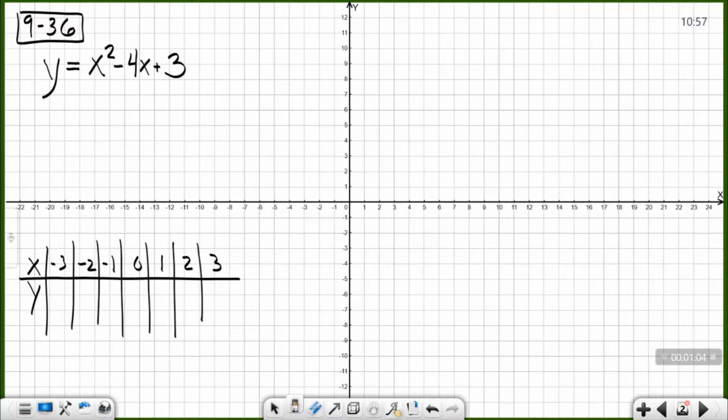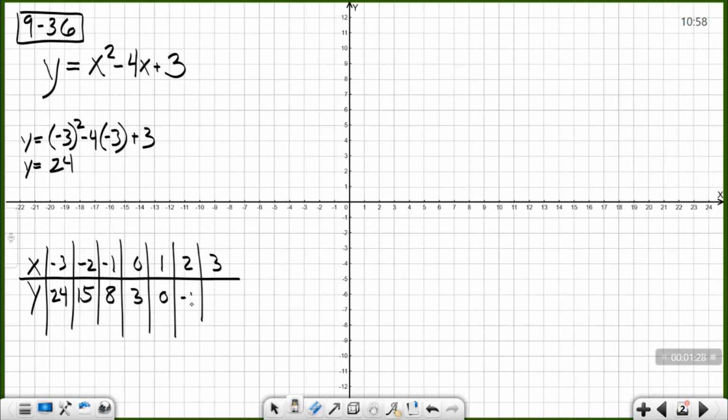So I'd take -3 and I'd plug it in, giving me y equals, make sure you put the -3 in parentheses, squared, minus 4 times -3 plus 3. And when you do that, you find out that y equals 24. All right, and we can continue filling out all those pieces, 24, 15, 8,